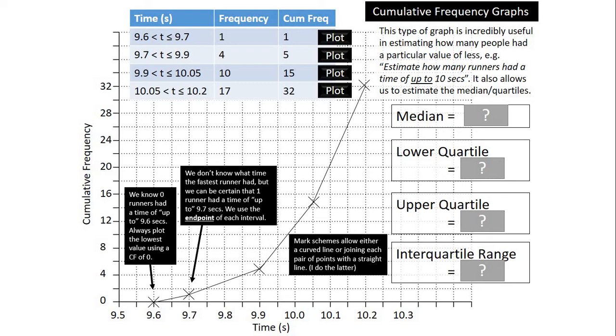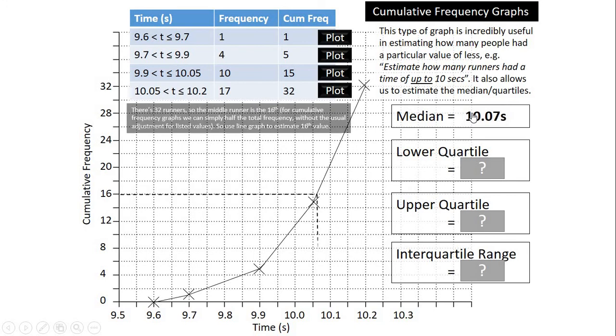Questions we can be asked then about a cumulative frequency graph. We can easily find the median from a cumulative frequency graph. Now because there are 32 athletes within our table, the median will be the 16th. Now before, when we were looking at the median, we were adding 1 on to the data value. Now when we've got cumulative frequency graphs, we don't need to do that. We can simply just half the actual total to use the median. So to get the median then, what we do is half the 32, so the median will be located at the 16th value. So we draw across to our cumulative frequency graph and down and read off a value of